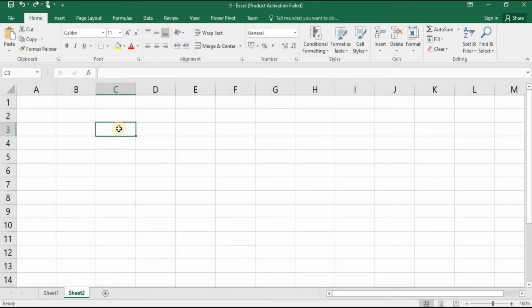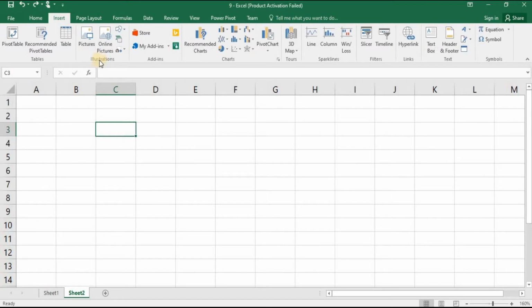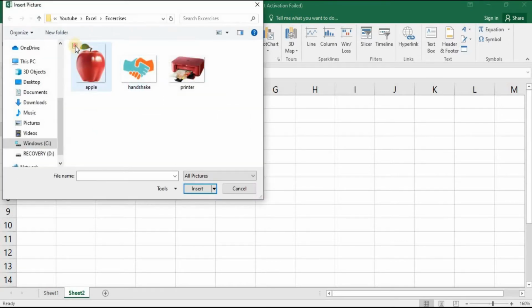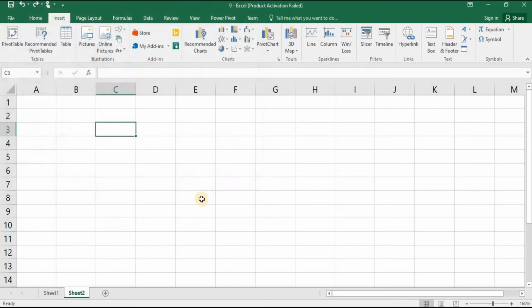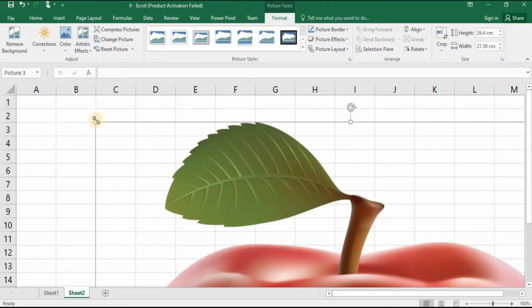Let's go to Excel. Here, under the Insert tab, we have a segment called Illustrations. Under this we have options to work with pictures and shapes. How to import a picture to Excel? We have two options for this. You can bring an image saved in your PC, or you can directly download from the internet. First, we'll see how to bring an image saved in this PC. Go to the Insert tab under Illustrations, click on Pictures, then select the image file. Click on Insert. See, the image has been inserted.